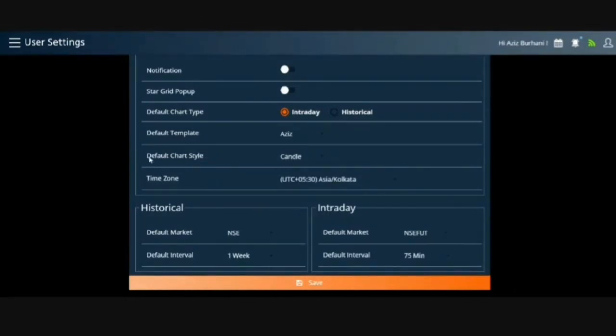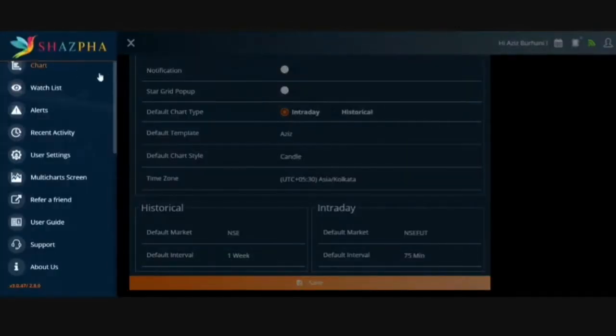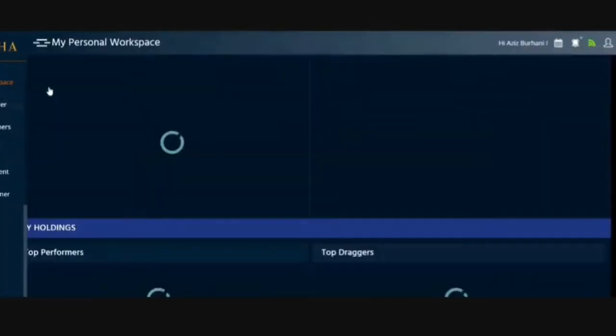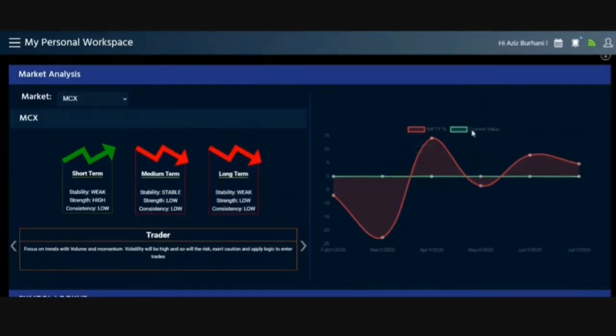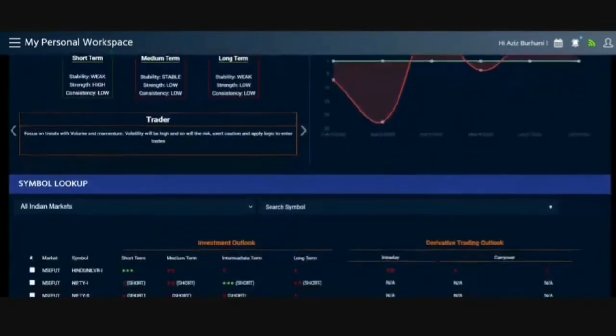Okay. So once this is done, we will now again go to My Personal Workspace, because today we are discussing My Personal Workspace in depth. So this is what you see, because we are on the computer here. You can see 2 tiles next to each other, right? One tile is on your left, where you can see the market outlook, and one is on the right. This is a feature which is currently disabled and is not very useful currently. But this is your view, and this is how you see the tiles.